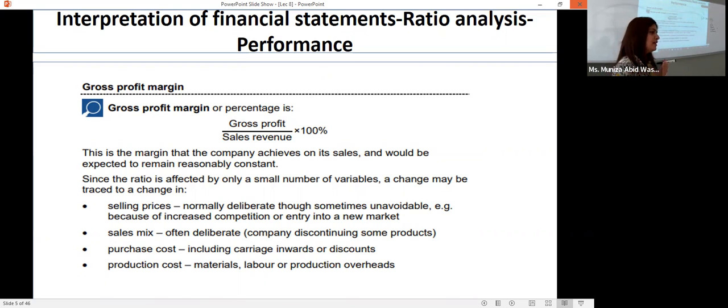But it is going to affect the results only in the starting years. Once the organization is able to grab a greater share, in the future its sales revenue is going to increase. Again, if market skimming pricing is being used, this is another strategy in which, instead of making the prices lower, the organization enters the new market with a larger price. The sales prices are going to be higher in that case. So when the organization enters the new market, maybe in the start the selling prices are higher,